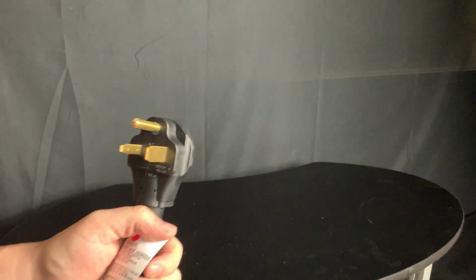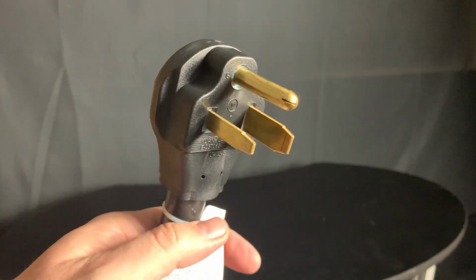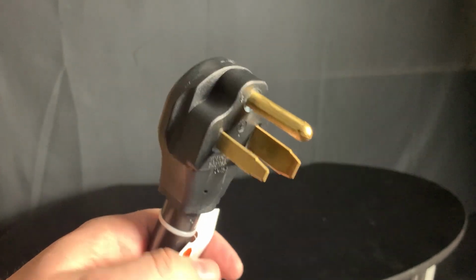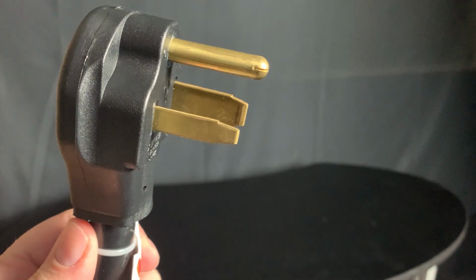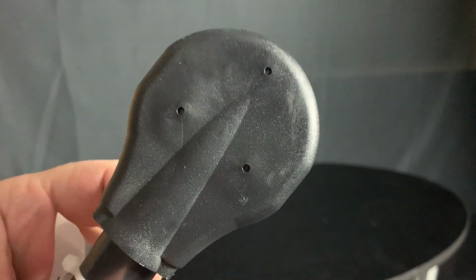This electric vehicle adapter is special because of its flexibility. So when it comes time to charge your electric vehicle, you're going to have more options than you did before. So let's talk about what makes this device special. So this is specifically designed to convert a NEMA 6-50 outlet to a NEMA 14-50 female connector for plugging in